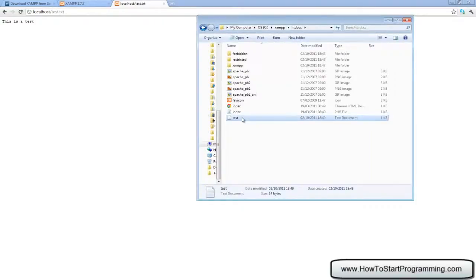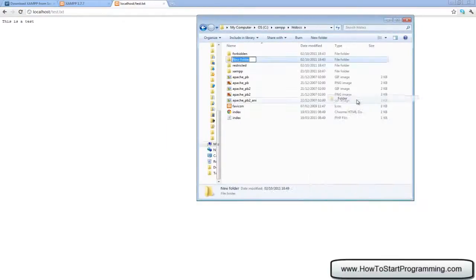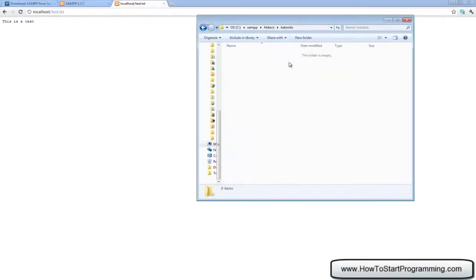So what we're going to do now is delete this, and I'm going to make a directory in here which I'm going to use for the tutorial. So make a new folder inside htdocs and call that tutorials, and just double click there, and inside here we're going to hold all of our PHP files that we'll use in the upcoming tutorials. So now we have successfully installed XAMPP, and we are ready to start writing our first